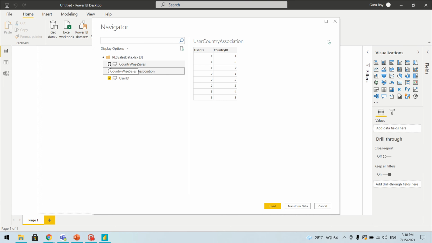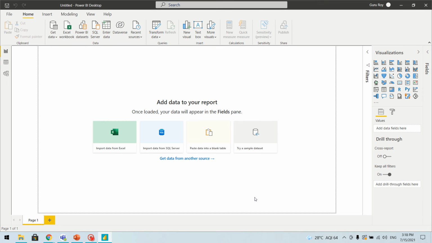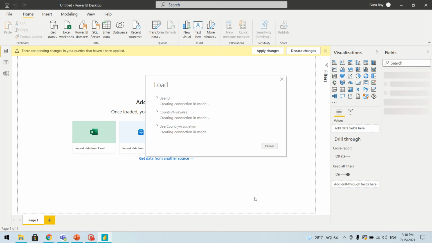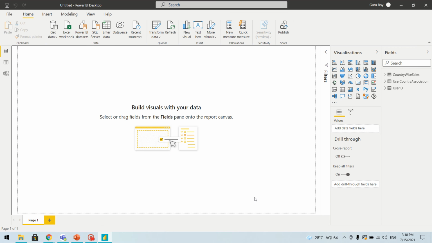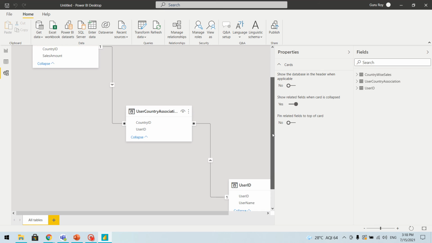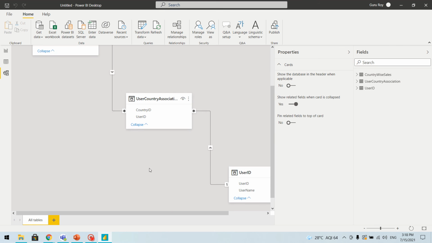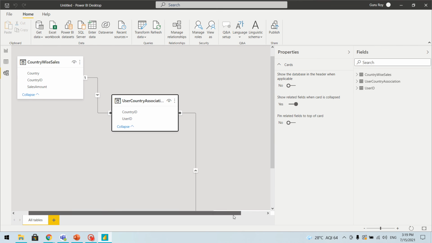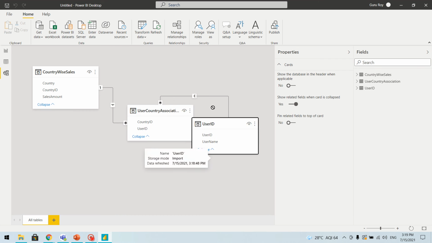I will select all these three tables and load them here. Now in dynamic row level security, we maintain a table where we have an association of our role with users, or user with actual row level data.